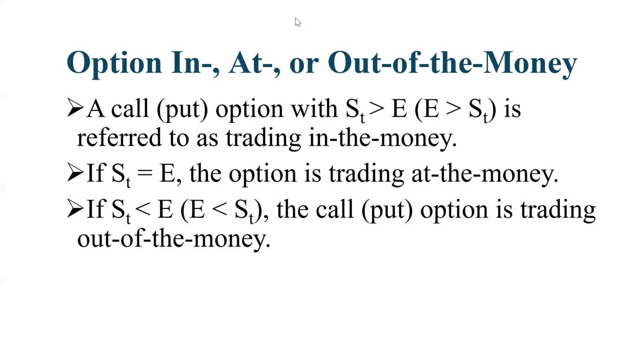option contract can be exercised in the spot market, the exchange rate will be referred to as S sub T. So that's the spot exchange rate at the future date when the option can be exercised. And then the option contract will specify a rate called E, that's the exercise price. Now, take note again that the call option is giving the holder the right to buy foreign currency at a